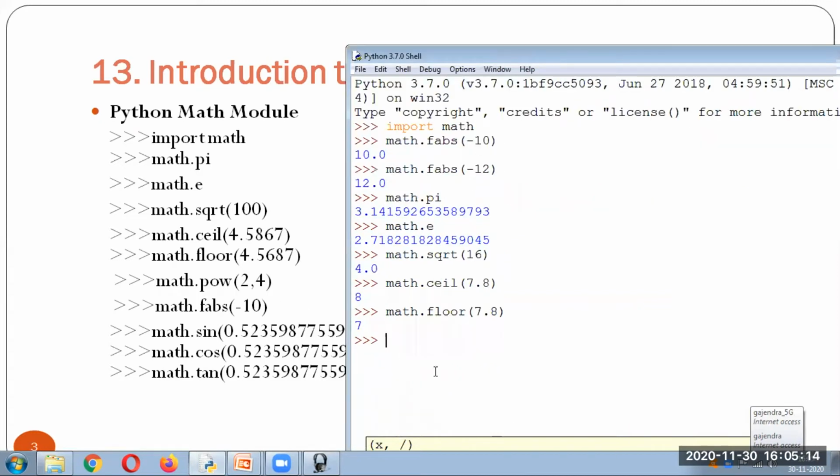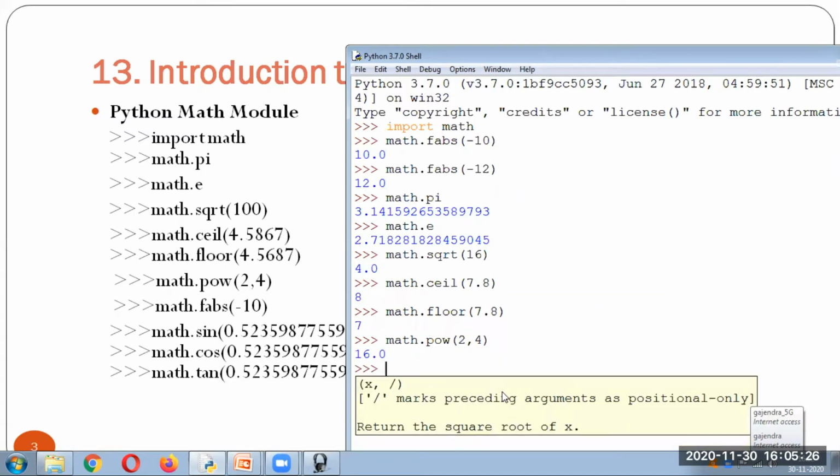Then next is your pow. Pow stands for the power raised to a number. So when I say math.pow, let's say 2 raised to 4, whatever is the answer, 16 will be given. Then these are the sine value, cos value, and tan value. We are supposed to provide the radian values of these.